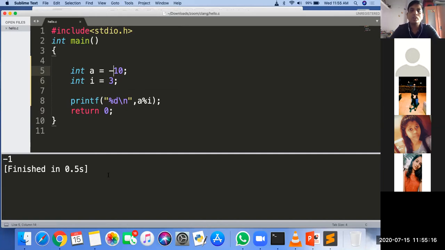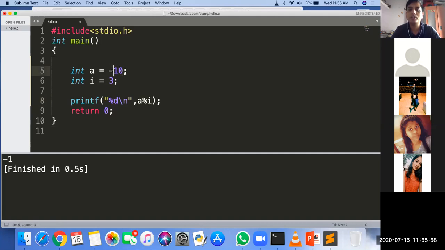Okay, there is one formula. If you are using a modulo operator, first remove whatever the symbol is there, just do your normal division, and get the remainder. Now what about its symbol? Is it minus or is it plus? When should you take minus, when should you take plus? Always remember that in case of the modulo operator, it will always take the sign of the numerator.